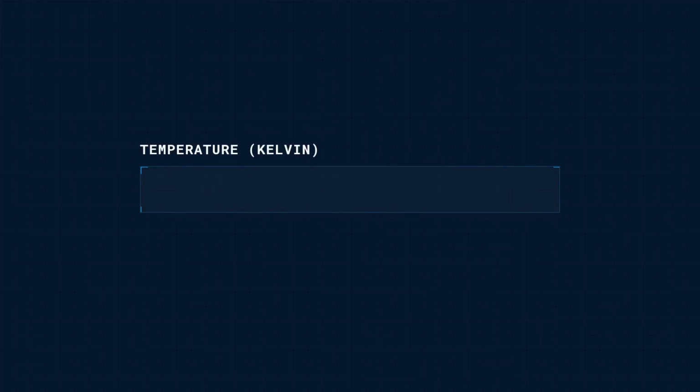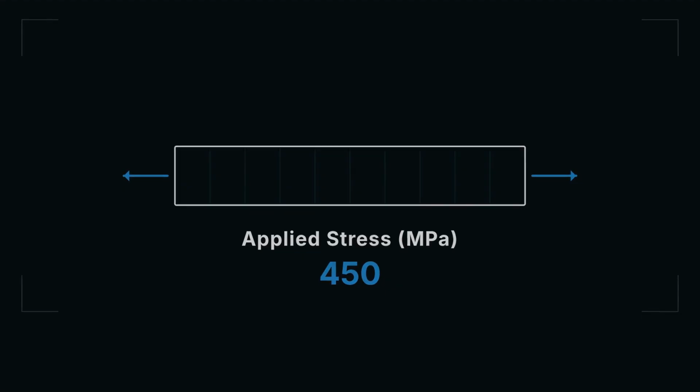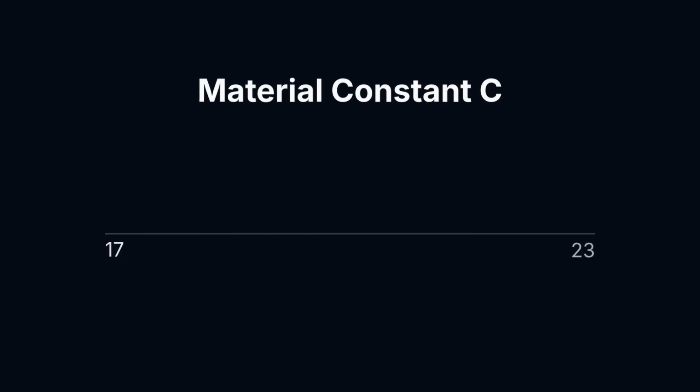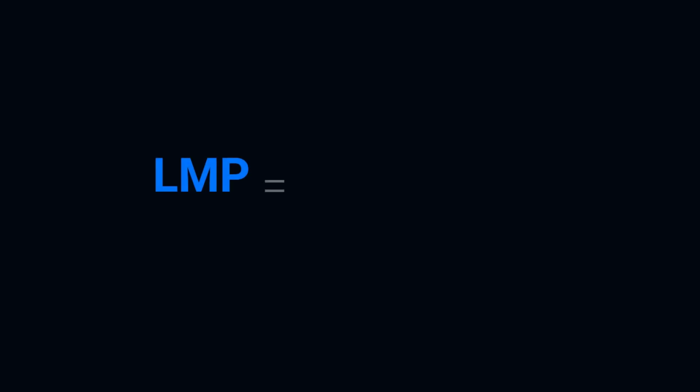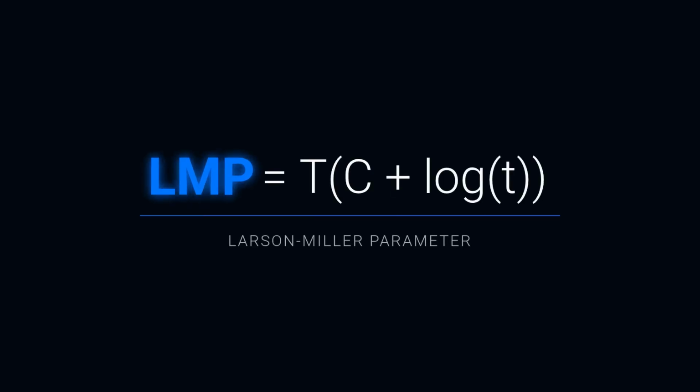First, we have temperature in Kelvin, where you enter the operating temperature of your material. Next is applied stress in megapascals, which represents the mechanical stress on your component. The material constant C is a specific value that depends on your material type, typically ranging from 17 to 23 for most alloys. Finally, the LMP value is the Larson-Miller parameter value, which correlates temperature and time to failure for